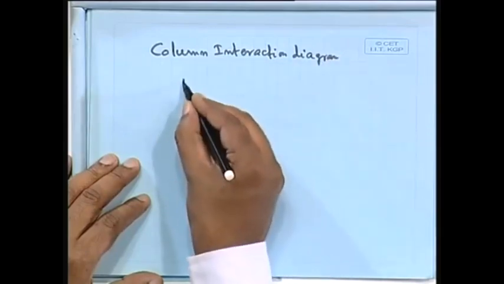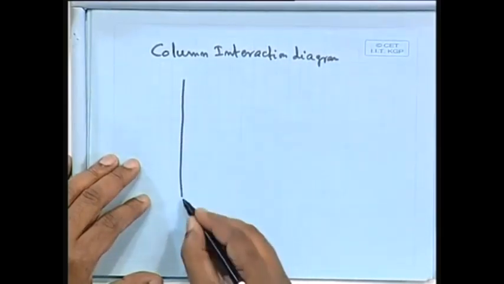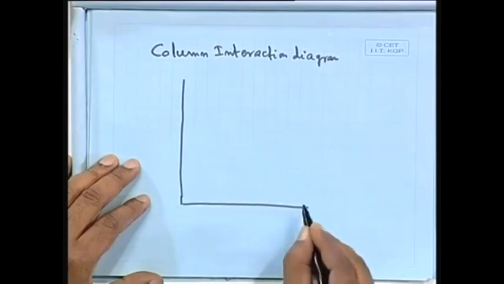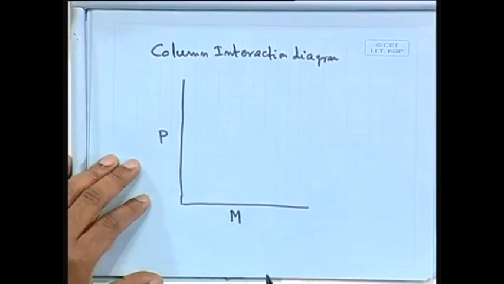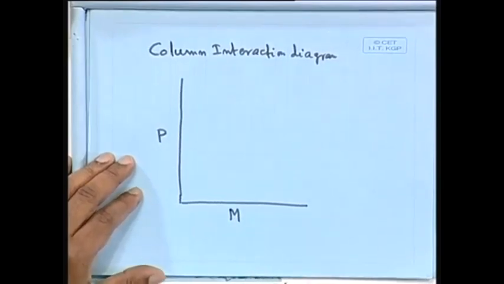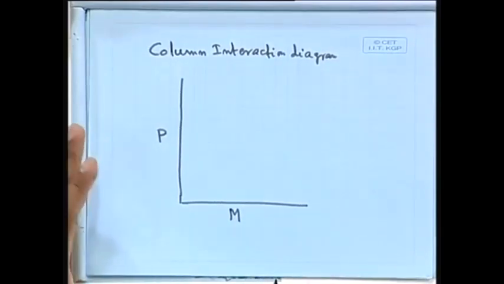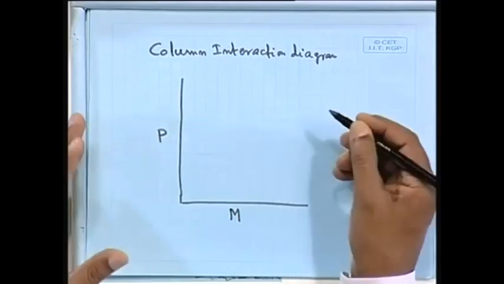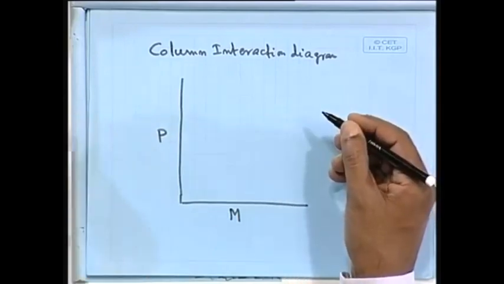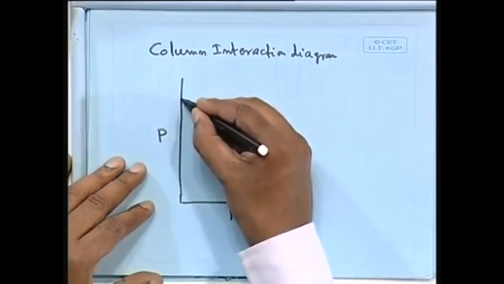So what we do, we can say as if we are having P and M. In one of the cases it may happen that there is no moment, already we have done it. It may happen there is a moment, and in another case it is possible there is no axial load. The interaction diagram comes